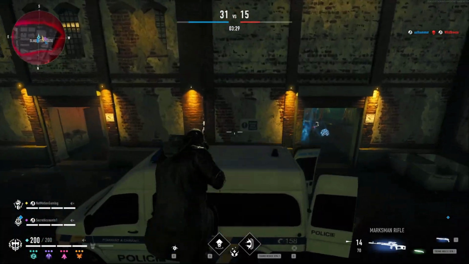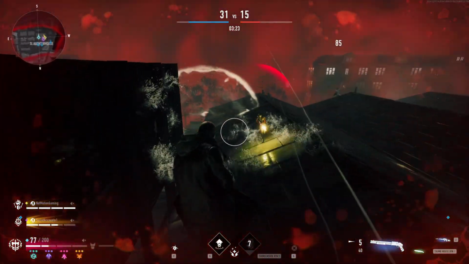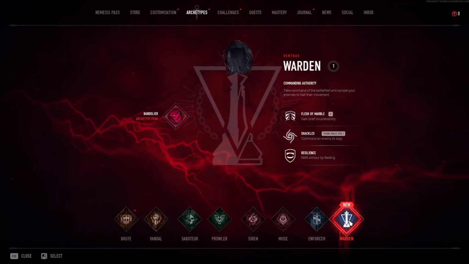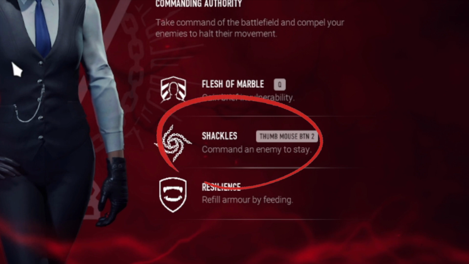After an extremely large drought when it comes to actual new content for the game, this is the biggest update the team have released so far. There's a lot to go over here. The most noticeable change to the game has to be the inclusion of the previously data mined Ventrue Warden. This archetype shares the clan ability of the Enforcer with the Flesh of Marble, while its archetype ability, known as